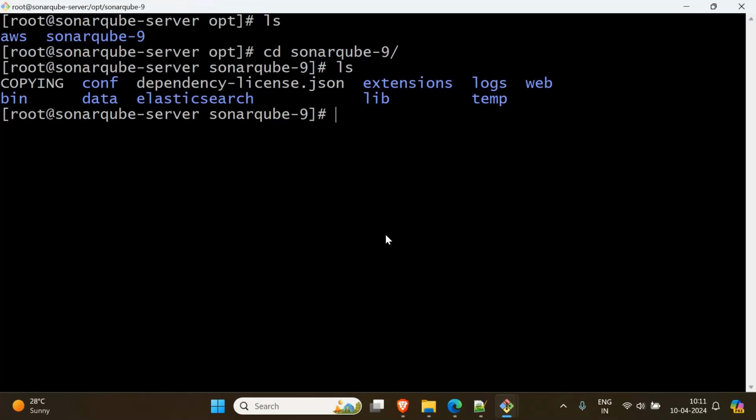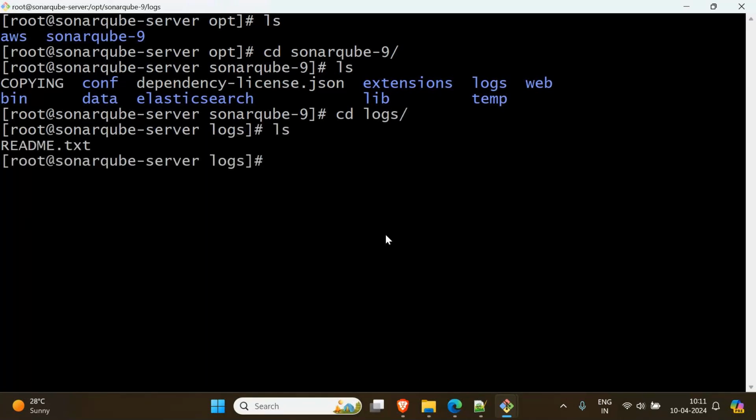If you go to the logs folder, it will log the details. As of now, no log is created here. If there is an error, it will automatically create a new file here with the error information. And suppose you want to change the port number, or if you're deploying the database, Postgres database or Microsoft database, then you have to configure the username and password details, right? So those things, like we did in the Tomcat server,